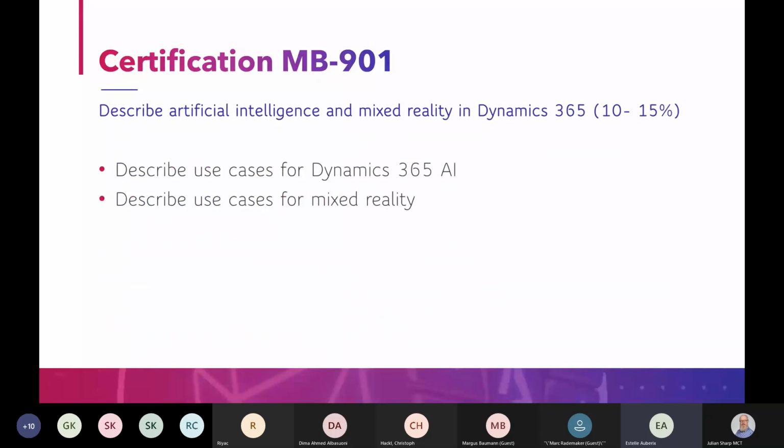The second part of the certification: the questions are mixed in the exam, you don't have two questions of the first part, then six questions of the second part. Everything is mixed, but to explain in this talk, it's easier to go in order. So the second part is about artificial intelligence and mixed reality. So you will have to describe some use cases for Dynamics 365 AI and some use cases for mixed